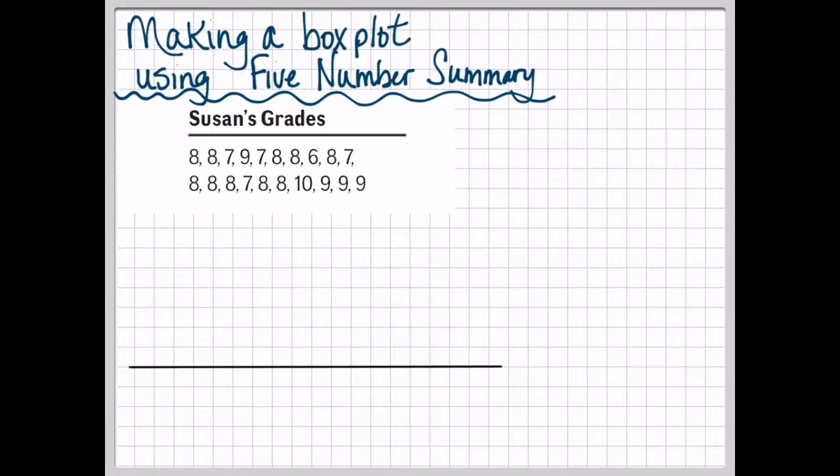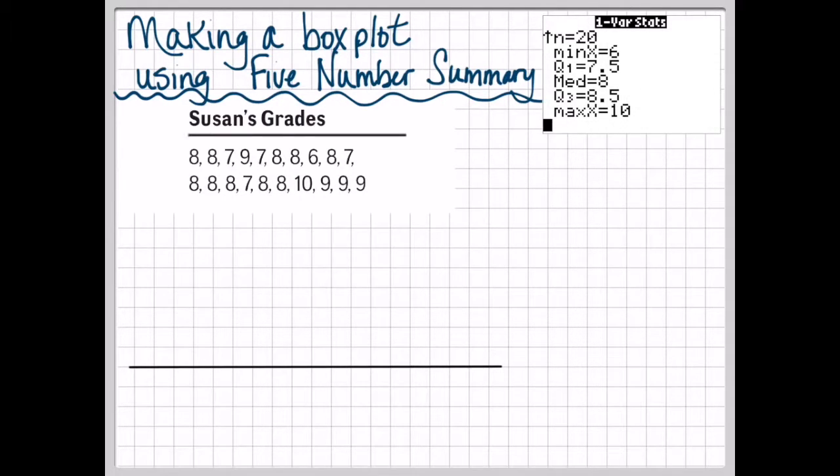Today we're going to be making a box plot by hand using the 5-number summary. The data we're using is on page 110 and we're going to use Susan's grades. So the first thing I need to do is find the 5-number summary on the calculator. We've done all those steps and you can see in the right hand corner the results. So for Susan, the minimum was 6, Q1 was 7.5, the median was 8, Q3 was 8.5, and the max